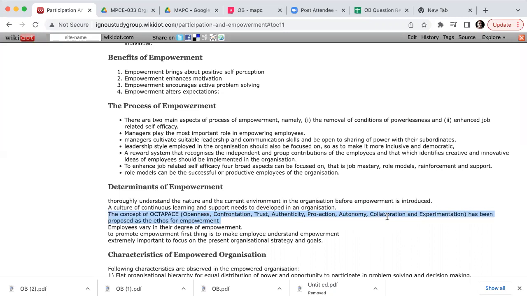And every employee doesn't take empowerment in the same way. Some might take it in a big way, some might take less. Even if you ask somebody to take decisions, some people don't take it. It is not unusual that you will find an employee who is happy in the back seat and not feeling like taking the decision by themselves. So to promote empowerment, the first thing is to make employees understand that they are empowered, and what it means to be empowered.